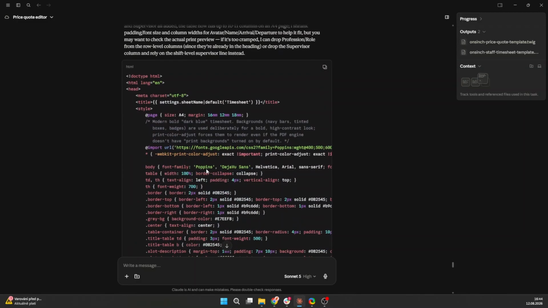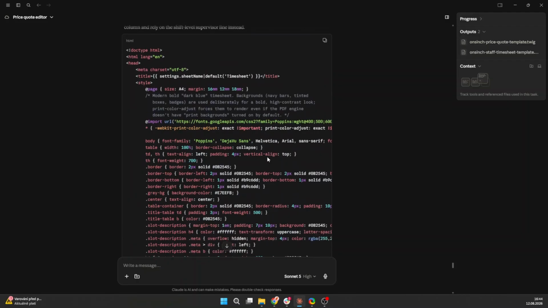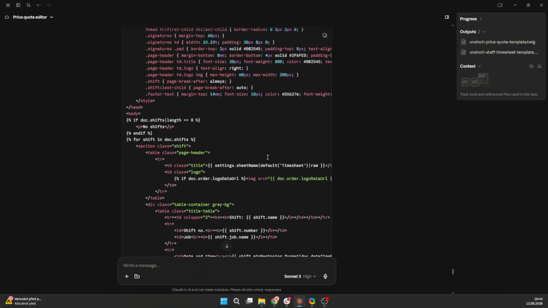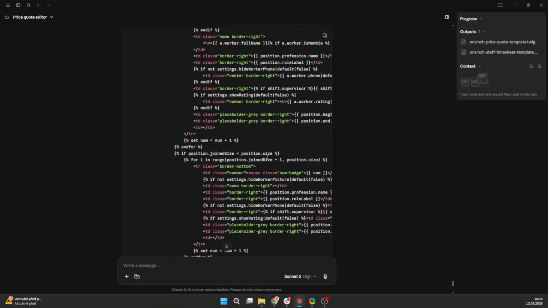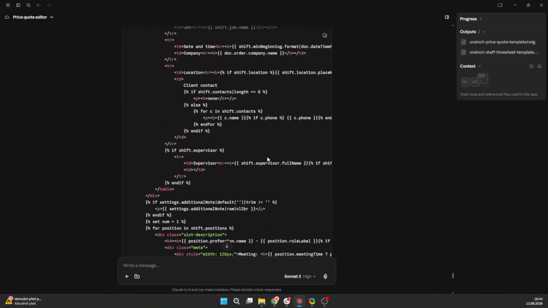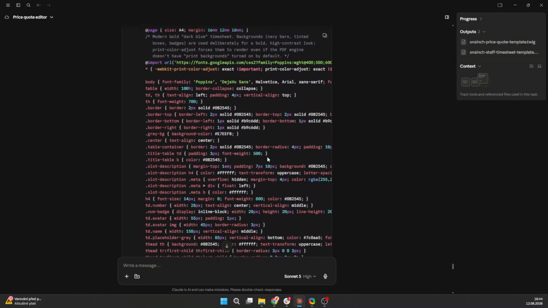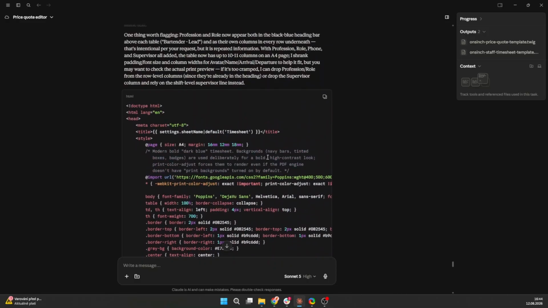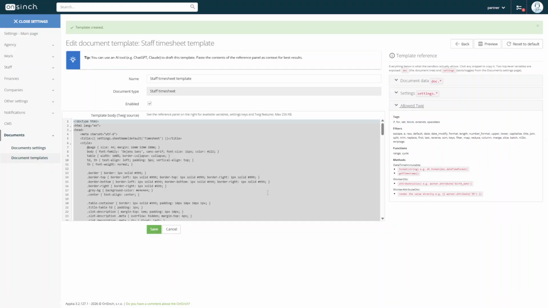As you can see, he gave you new, edited, and better source code which we can use. So if we are satisfied with the results, sometimes we need to tell him and edit it and navigate him to a better direction. You just simply press copy, navigate back to your OnSync, select all the previous default source code,